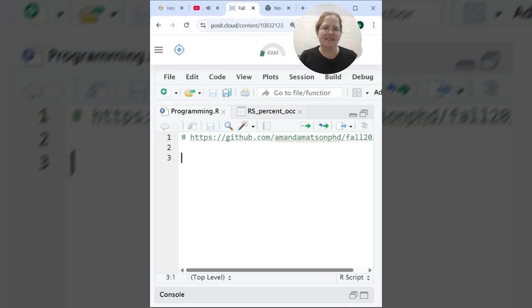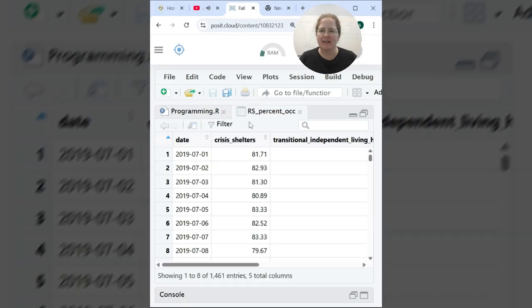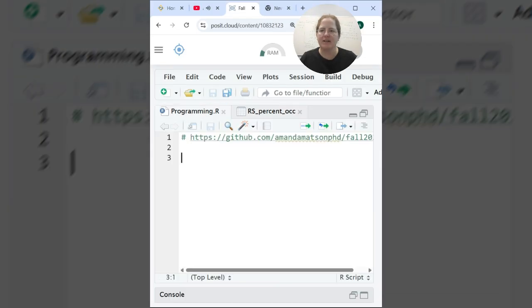Hello, this is a quick video, hopefully quick to do a graph. My data I'm looking at is a percent occupancy, and I've got the percent occupancy in crisis shelters. And so I can quickly throw that into ggplot,